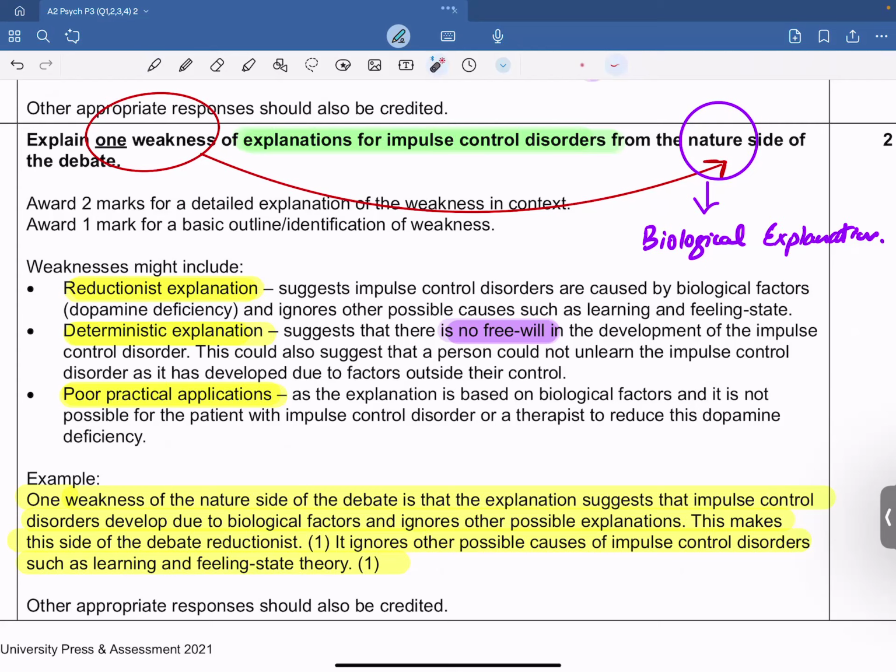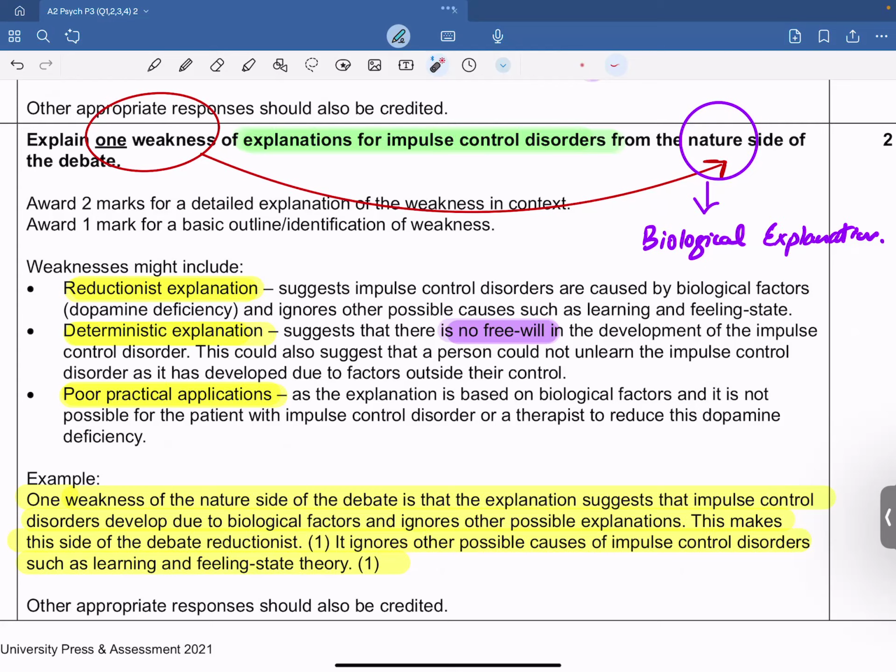Before that, we need to know what reductionism over here is. Reductionism is when you are breaking something complex into simpler bits to be able to provide a better explanation. So the opposite of reductionism over here is free will. On one end, you have reductionism. If you're talking about the nature side of this debate, it's automatically reductionist because you are ignoring other external factors that could have possibly played their role as well.